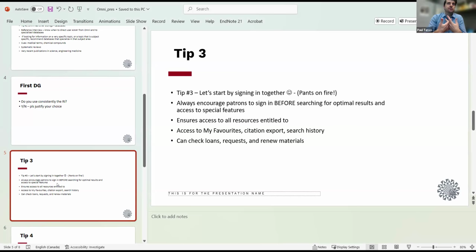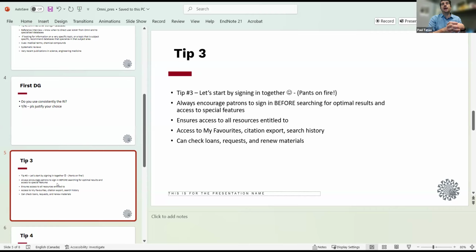Let's say it's a quiet shift on Ask, and I have enough time to dedicate to a user who has a more complicated search. I always encourage them